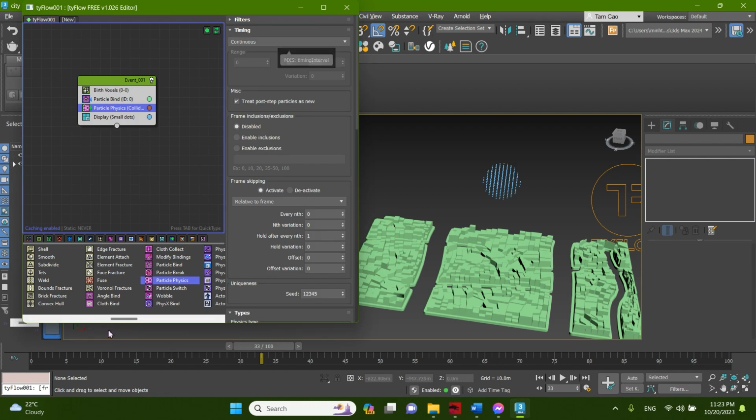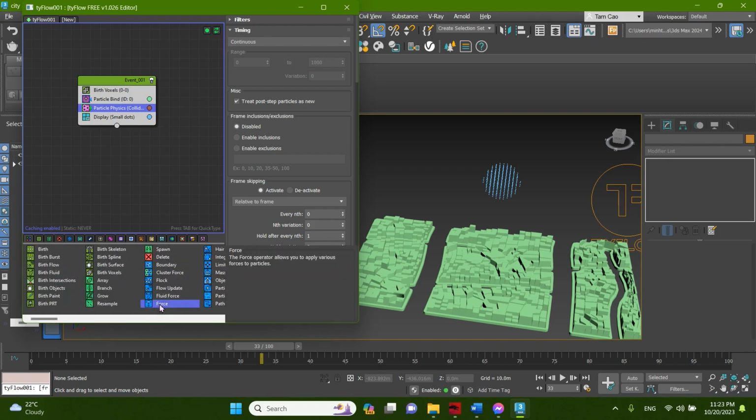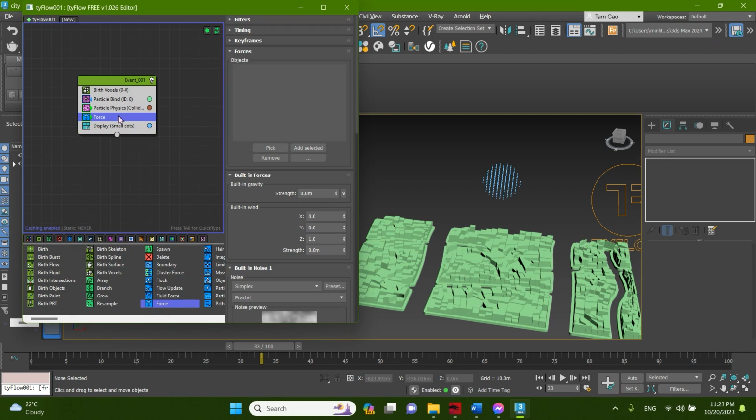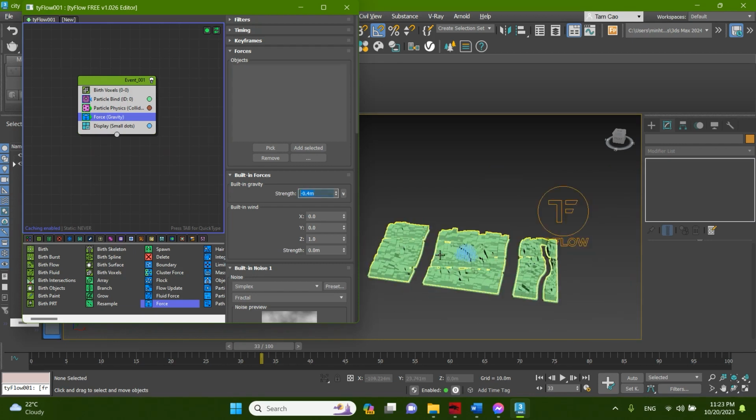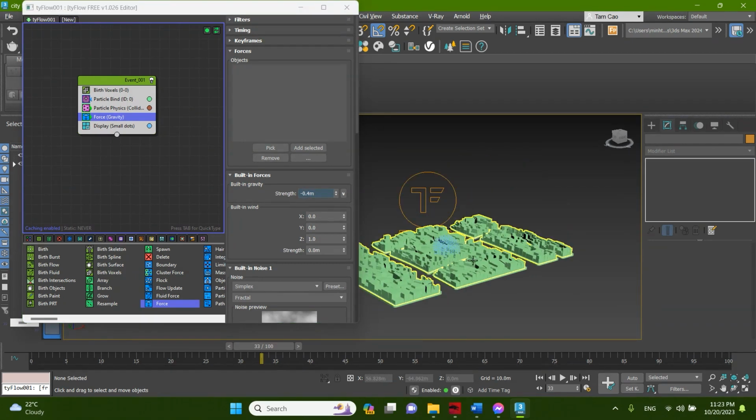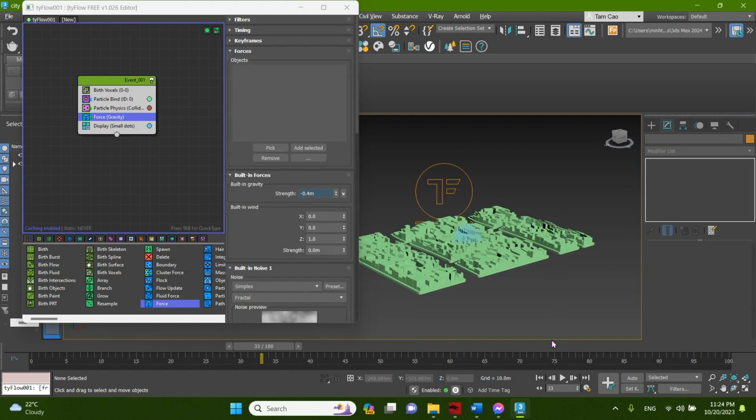Okay, so after that I'm going to add force, so this will give a force to my particle and it'll collide. And I'll change the strain according to the building. So if I click play,